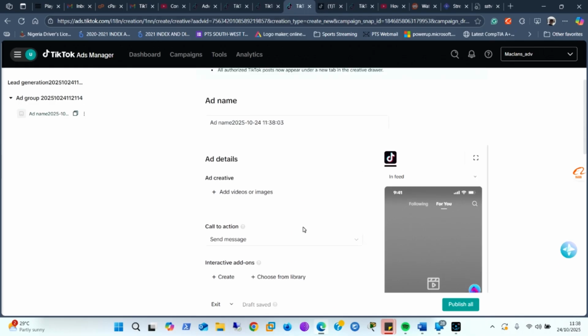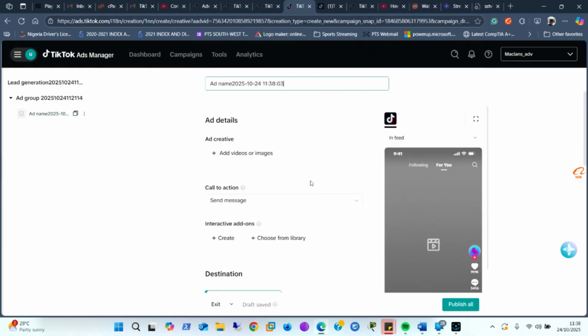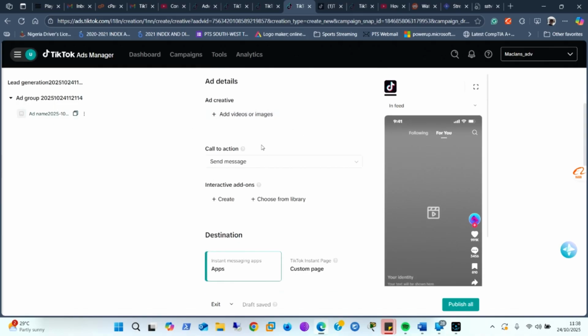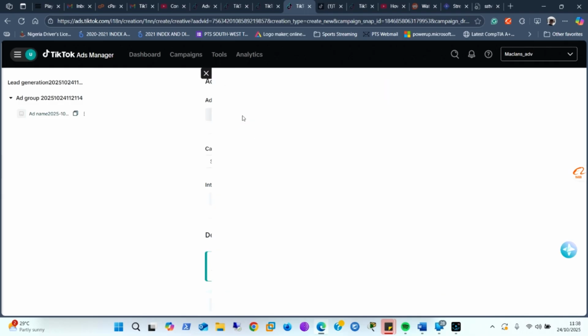So this is the ad level. Remember to rename your ad, give it a unique name. And next we add details. That's we add creatives, that's your images and your video or your videos. So you click here to